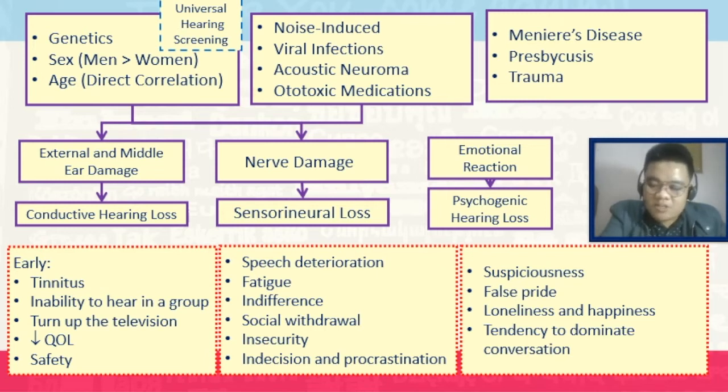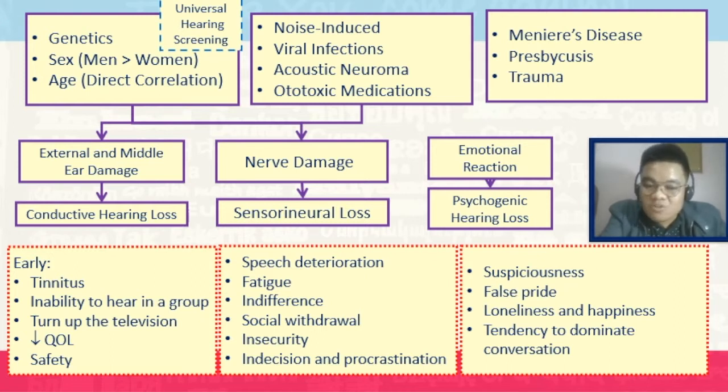Insecurity, because they are not sure if they're hearing it right. Indecision and procrastination, because they do not know the deadlines as they were not able to hear about them. Suspiciousness. Then there could be false pride, the tendency to become lonely, and the tendency to dominate the conversation. Dominating the conversation is actually a coping mechanism for them to ensure that they understand the conversation,